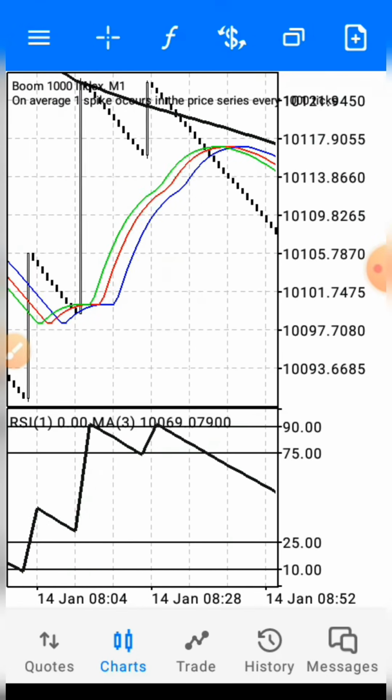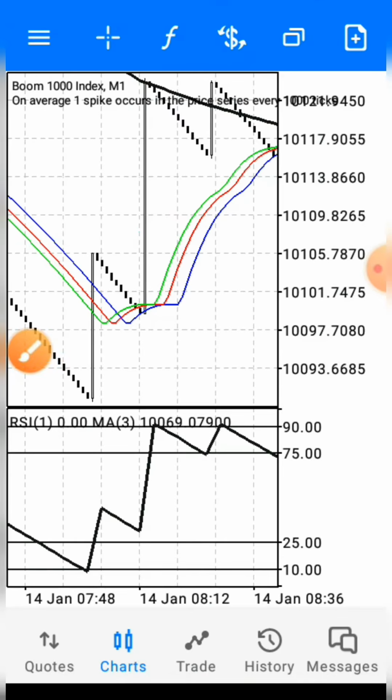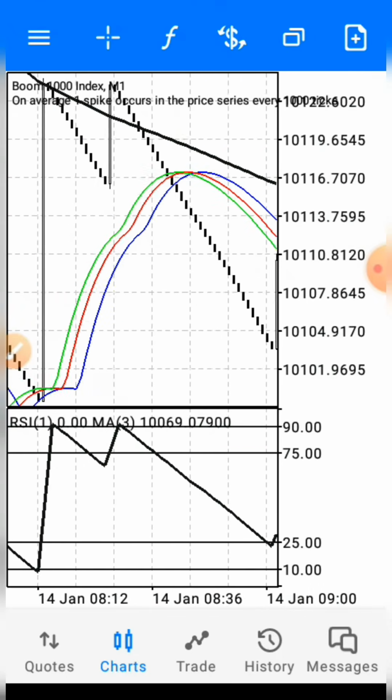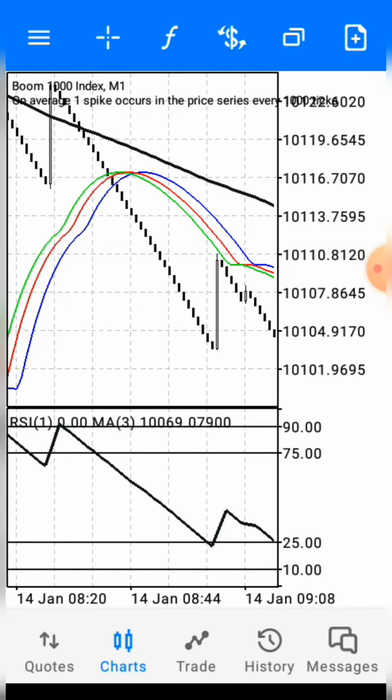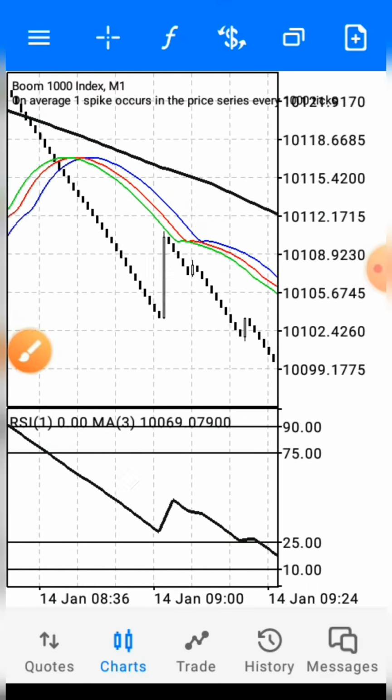You can see there's another sign here. If you know what I'm talking about, this is a double top. You can see something like an M here, a double top. This is another sign for you that this trend is going to be a powerful downtrend. As you can see, right from that sign,